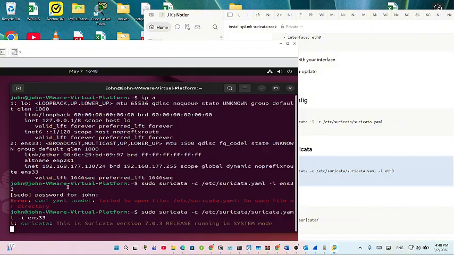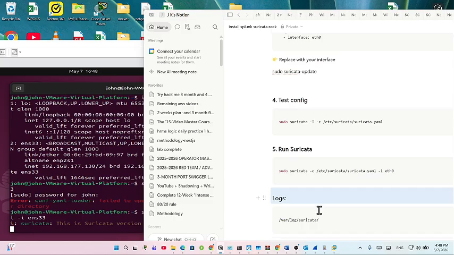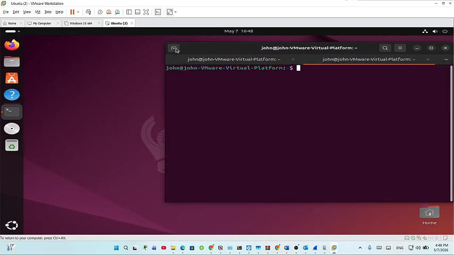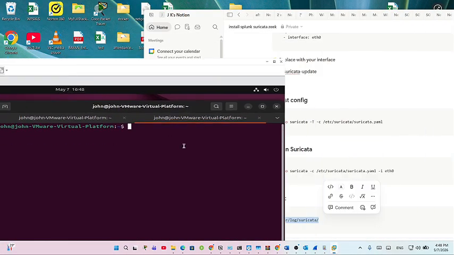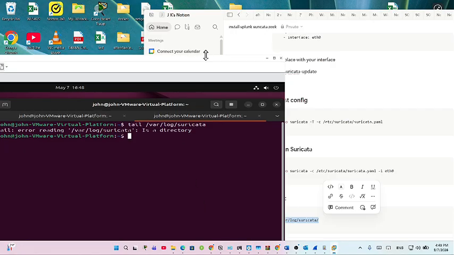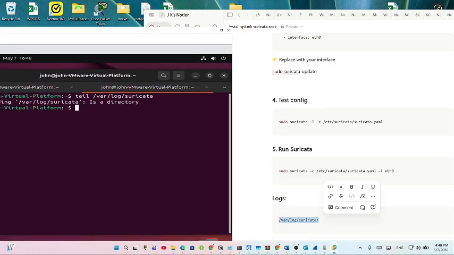But right now what I need to do is find the logs here, but I can just Control C, open a new terminal, add a new terminal here. Space is not going to work. Let me see, tail var log and suricata, no such file or directory, because